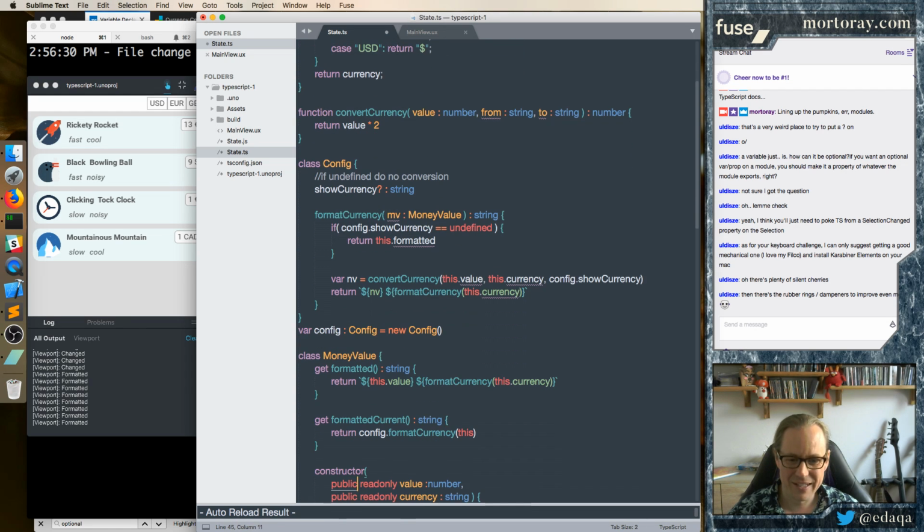Alright, so we have format currency. Let's go back to this. Format currency, this. And money value, so we're going to do, if this does show currency, is that